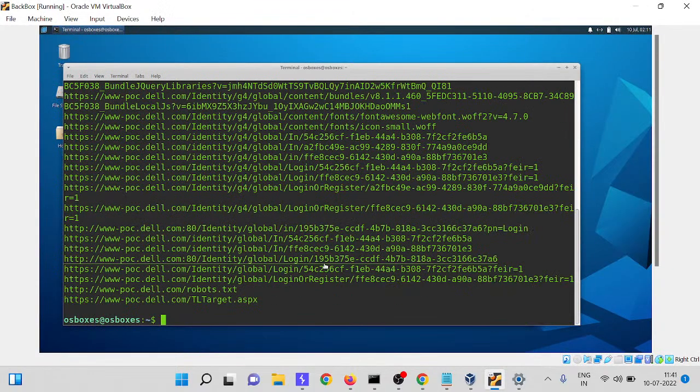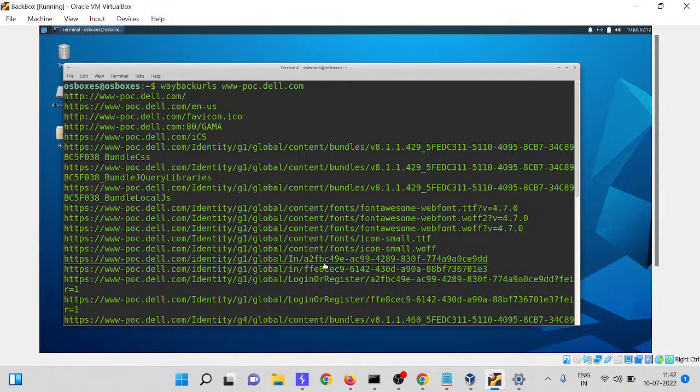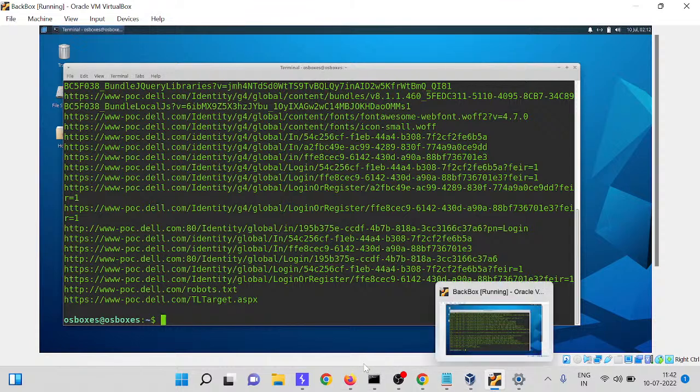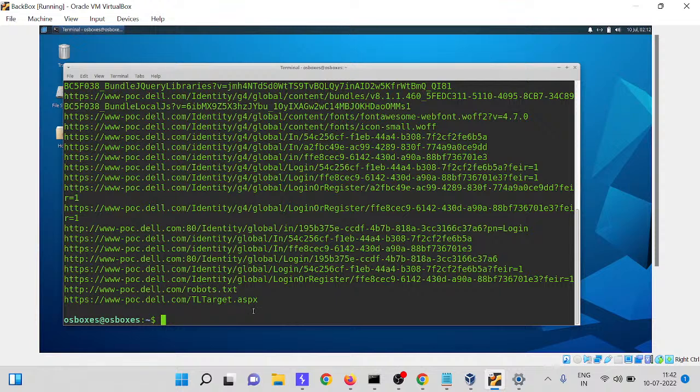So first thing you need to do, grab any subdomain and run Wayback URLs on it. Second thing you need to do, capture any request of that and run active and passive scan.